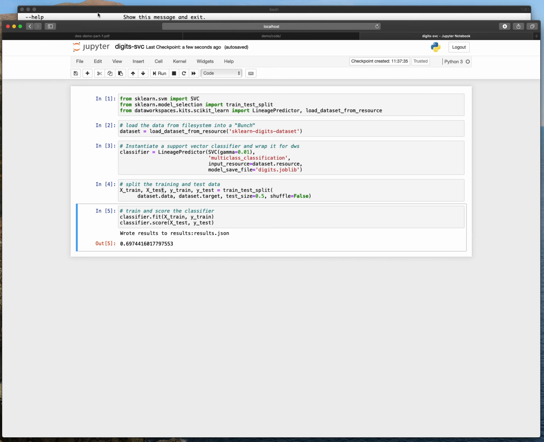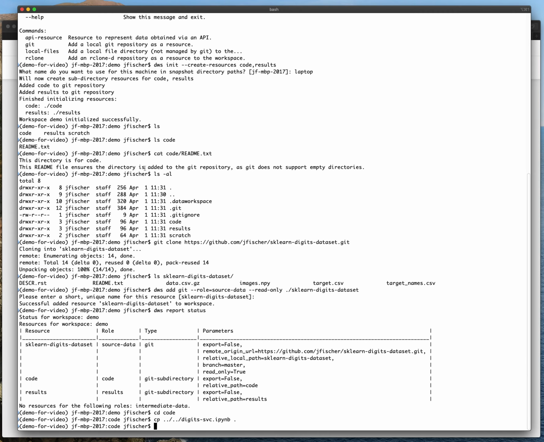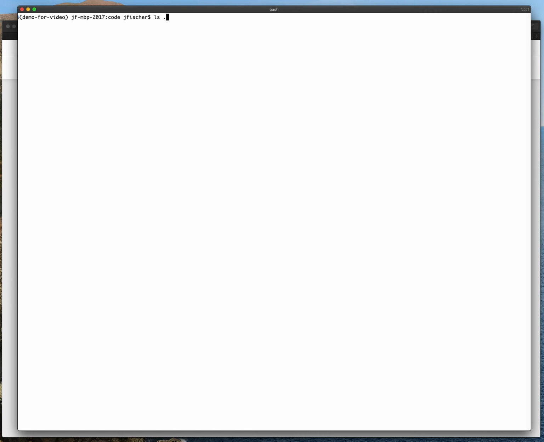So let's save this first. Then we go back to the file system. If we look at results, there's the README file and there are two new files. The first one is digits.joblib, and that's a saved image of the model as it was trained. So we can use that to reinstantiate the trained model and run additional classifications. And that's optional, so if you don't need to save it, you don't have to. There's also this results.json file. If we look at this,